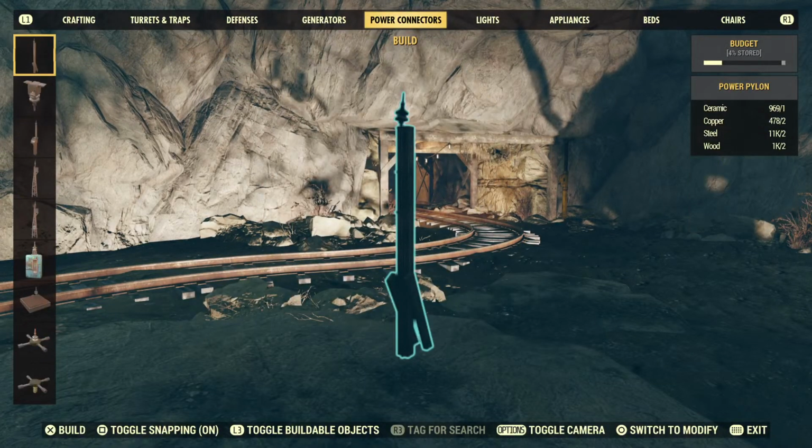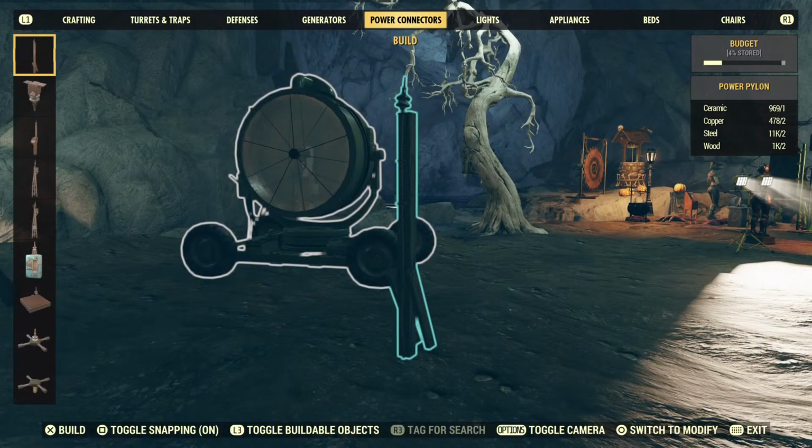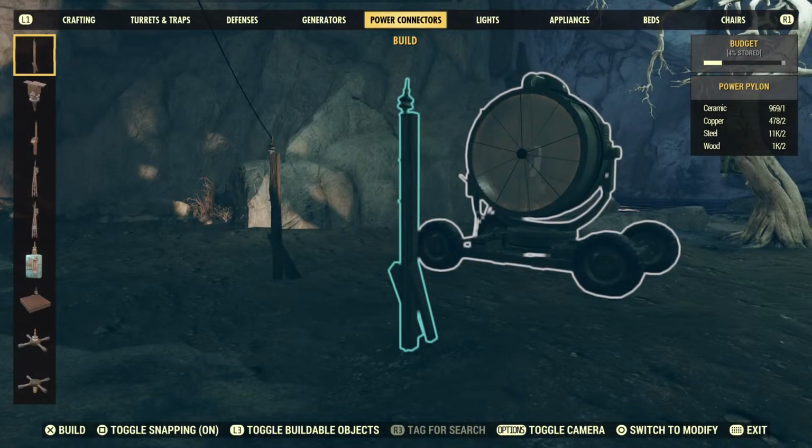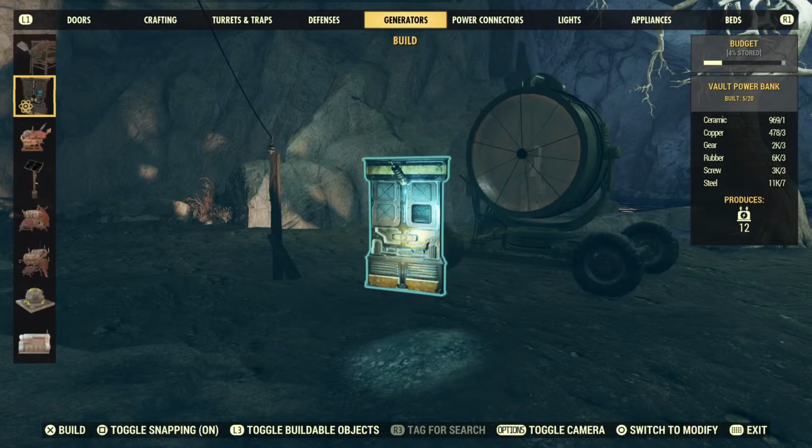So the power connectors is what I'm talking about. You can use any sort of power connector, but I like these. These are easy to put down, especially in camps and workshops. They just go right on the ground. You don't need anything else to put them up on. And then you just need a power source. So if you already have a generator,